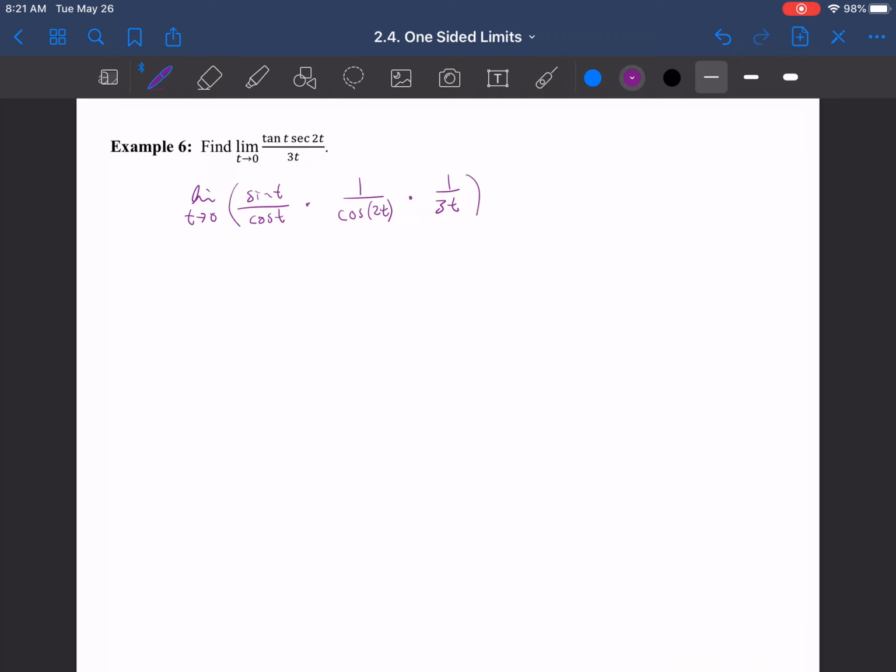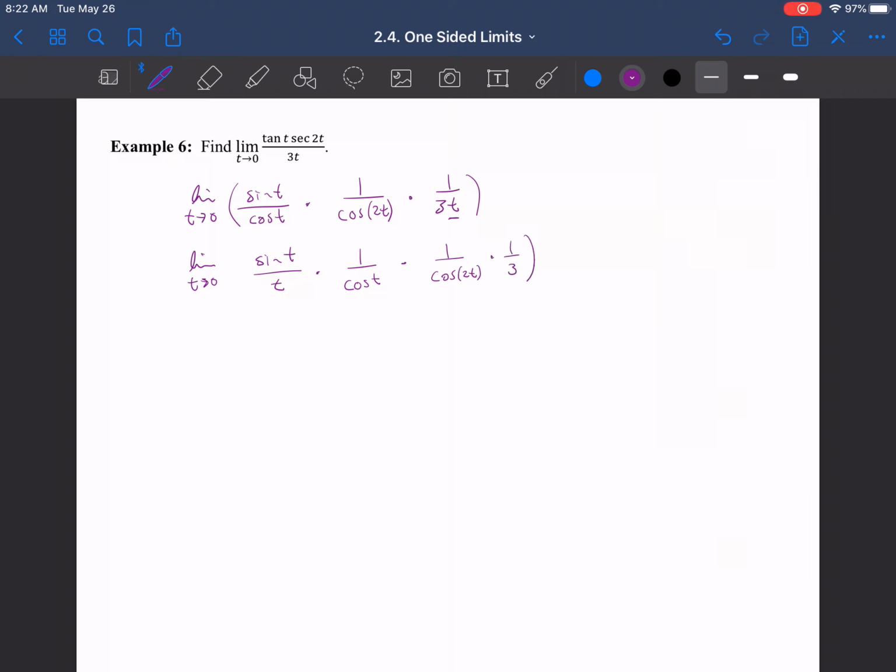Right, because that was one of our limit rules, the limit of a times b is the limit of a times the limit of b. So if we take a look at this, we can rewrite this just a little more. So now that we expanded this out, this will be sine of t, and I'm going to take this t from right there and put it underneath it, sine of t over t. Then I'm going to do a 1 over cosine of t, and then 1 over cosine of 2t. All right, I'm just breaking these down into limits I can do, and then I just have this